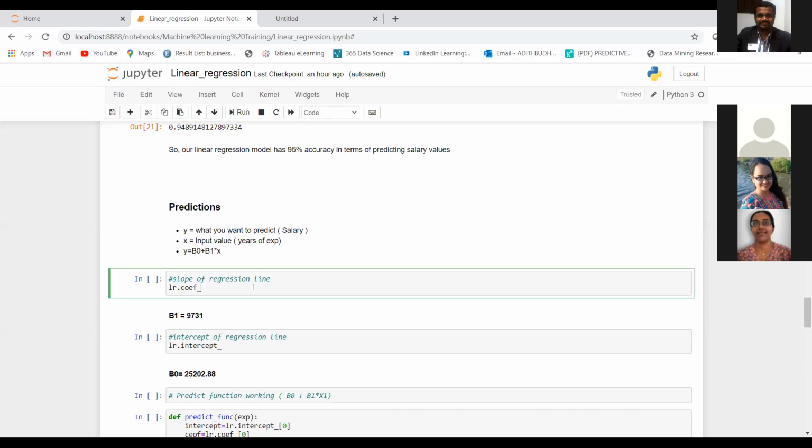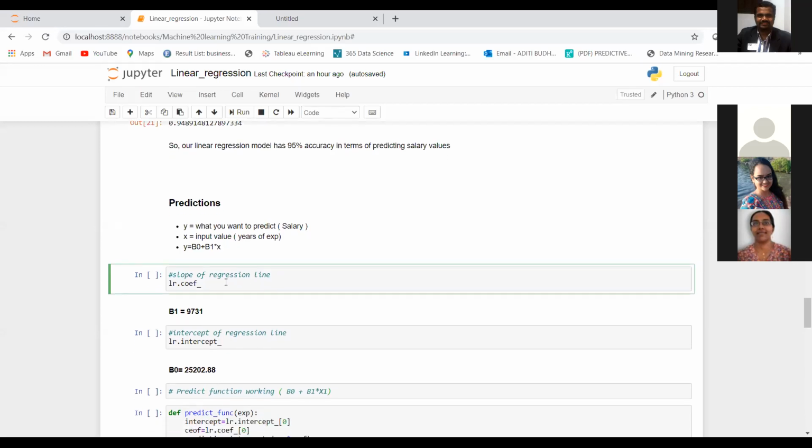Right. So we will see one example of how this works. But first, we will find out the value of these parameters. First, let us find the coefficient of this x, which is also the slope of our regression line. So we will find out what is the value of B1 that our model has figured out.